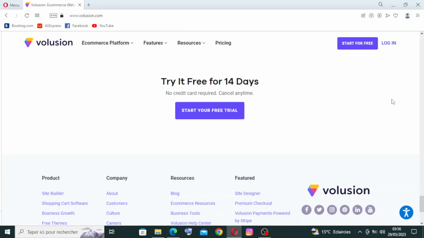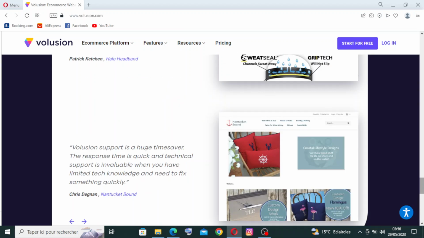That means you have a 14 days free trial and no credit card required. Okay, they will not ask for the payment card information the first time you start on the website, but after this 14 days you need to enter the information of the payment card